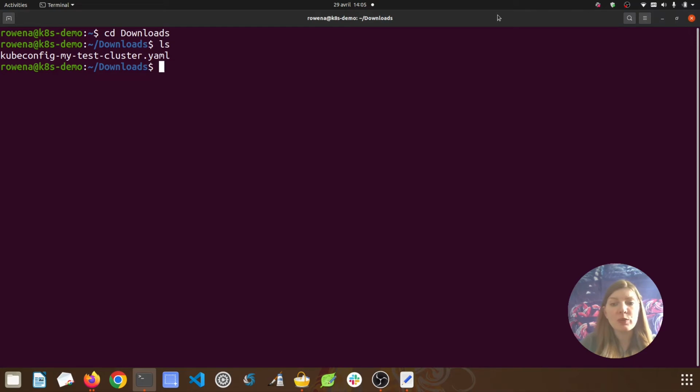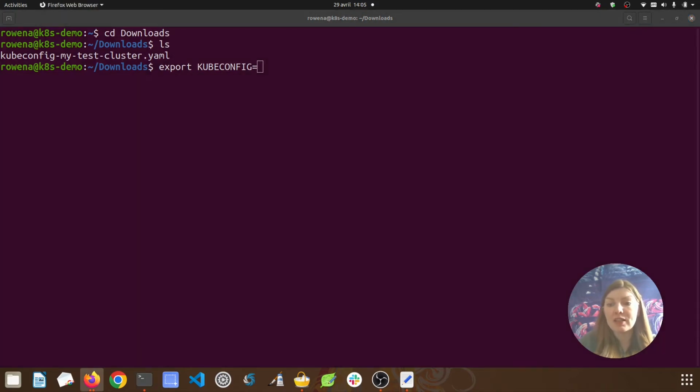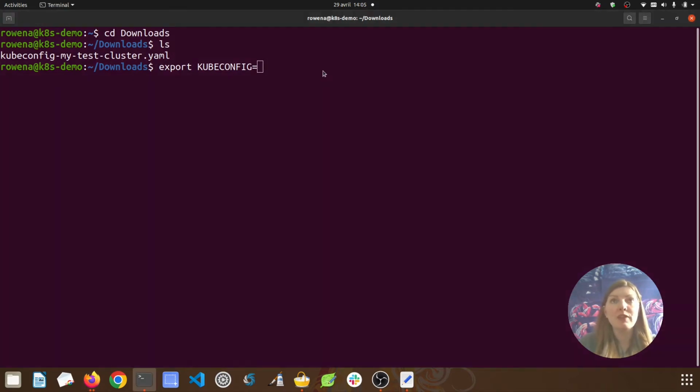And as I said, we just need to create an environment variable called kubeconfig. So let's do export kubeconfig. And then the value is the path on our machine to where that YAML file can be found. So in our case, it's in home, downloads, and then we have the name of the file.